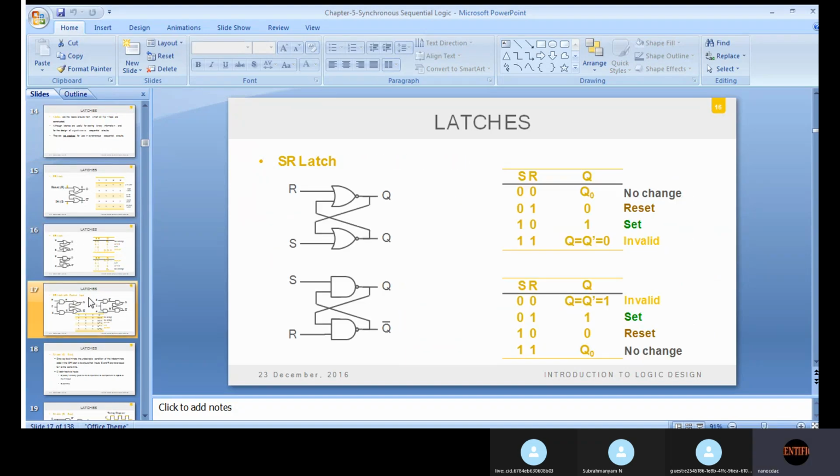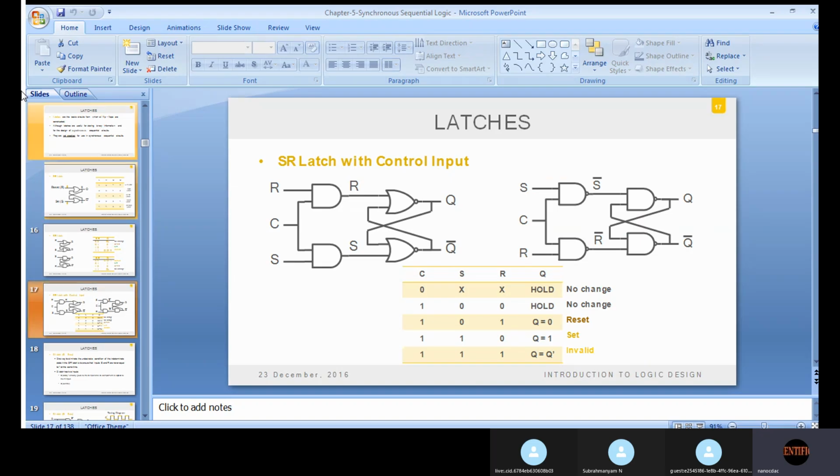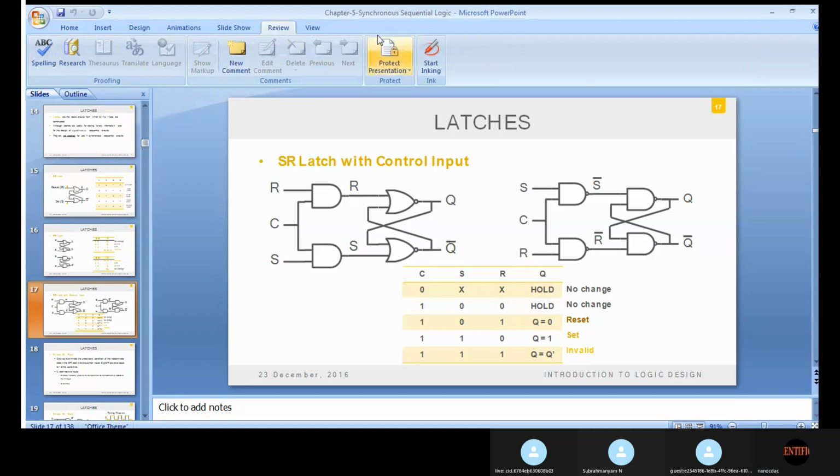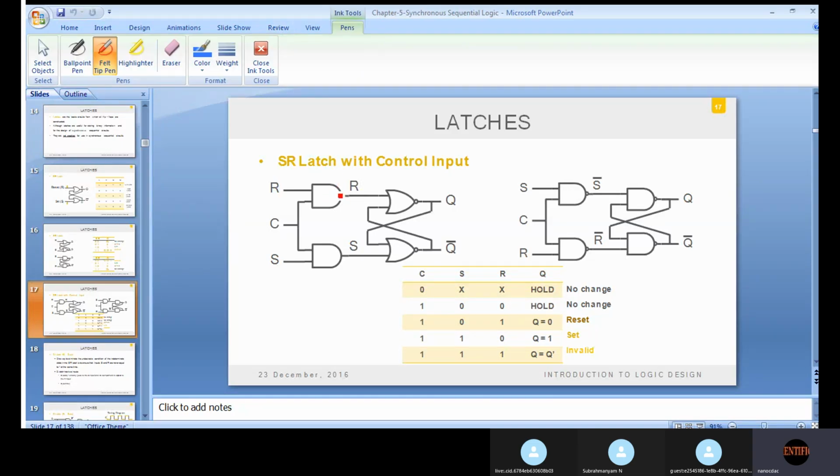So today, the SR latch with control input. This is the SR latch. Here what we are doing is, this is the SR latch, built with